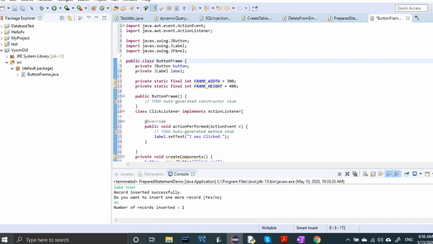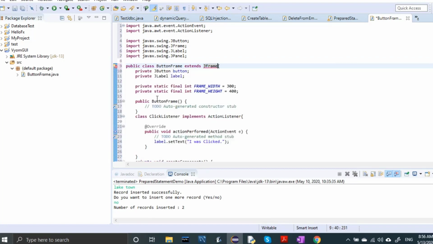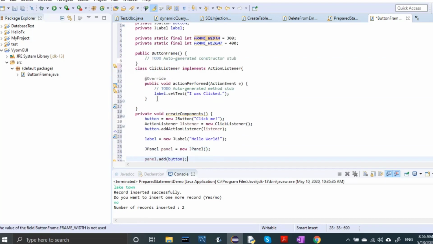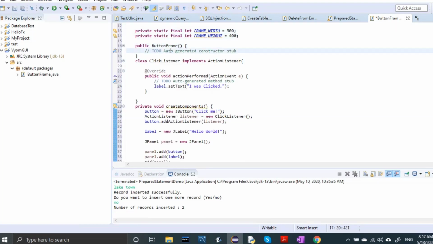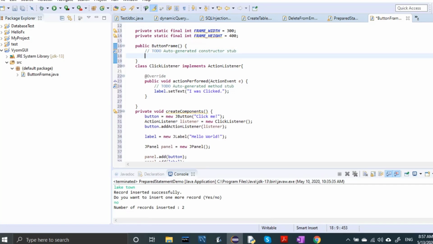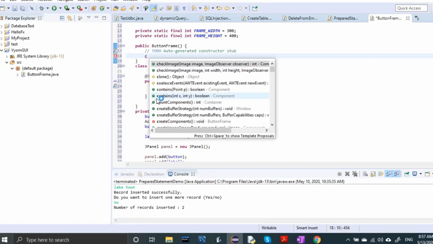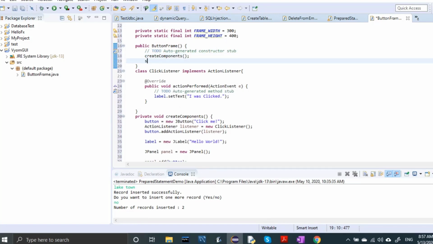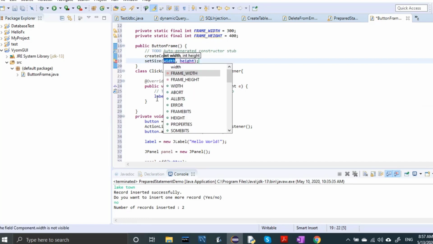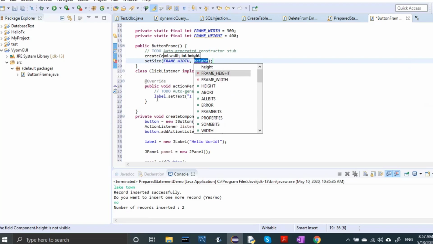Then this class actually inherits, so extends JFrame. So we can write add, and in the frame I will add the panel. From this constructor I will call the method called createComponents. Then I will set the frame size, passing frame width and then frame height.